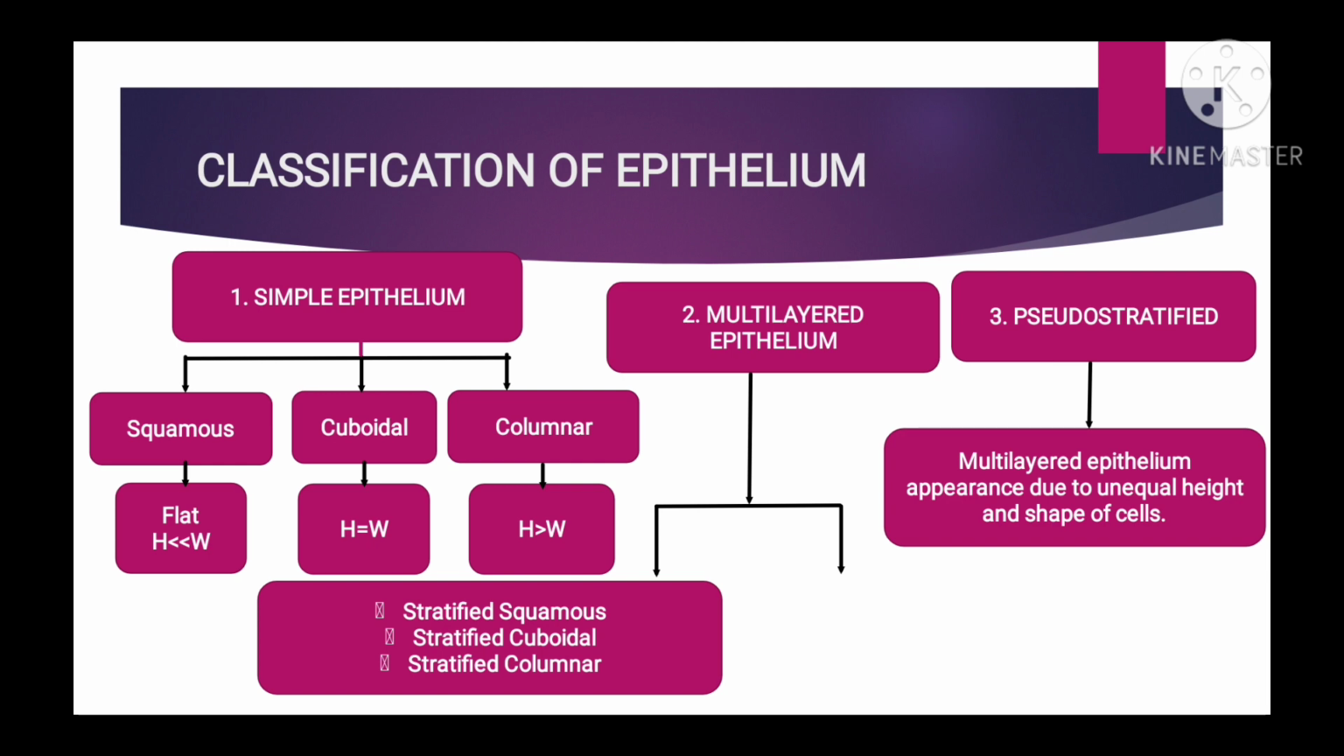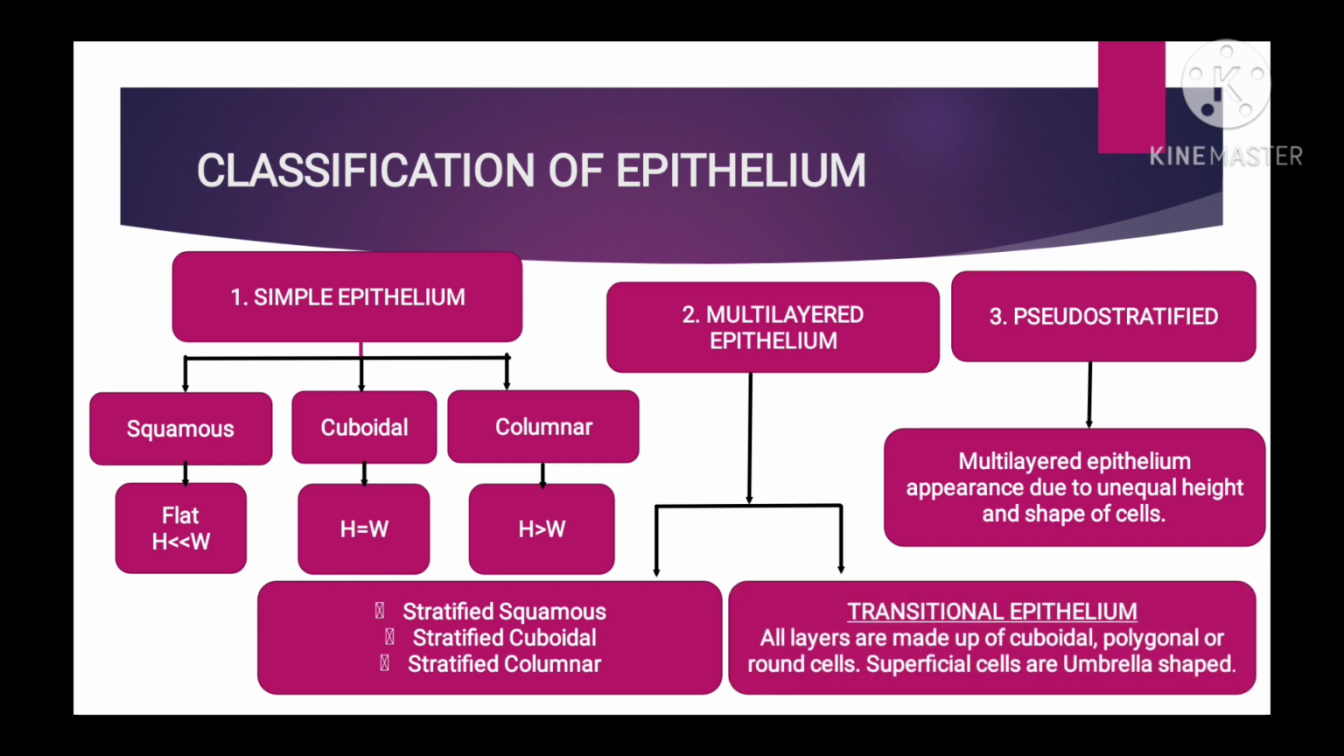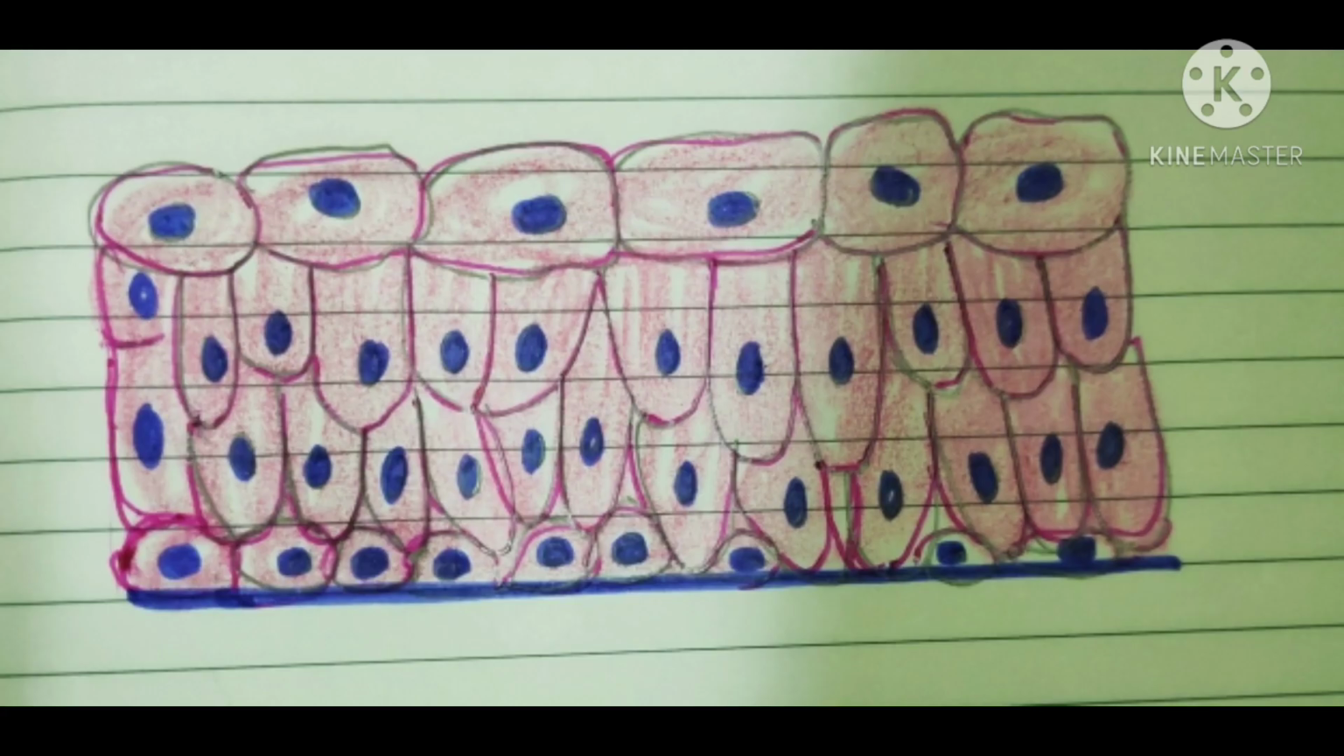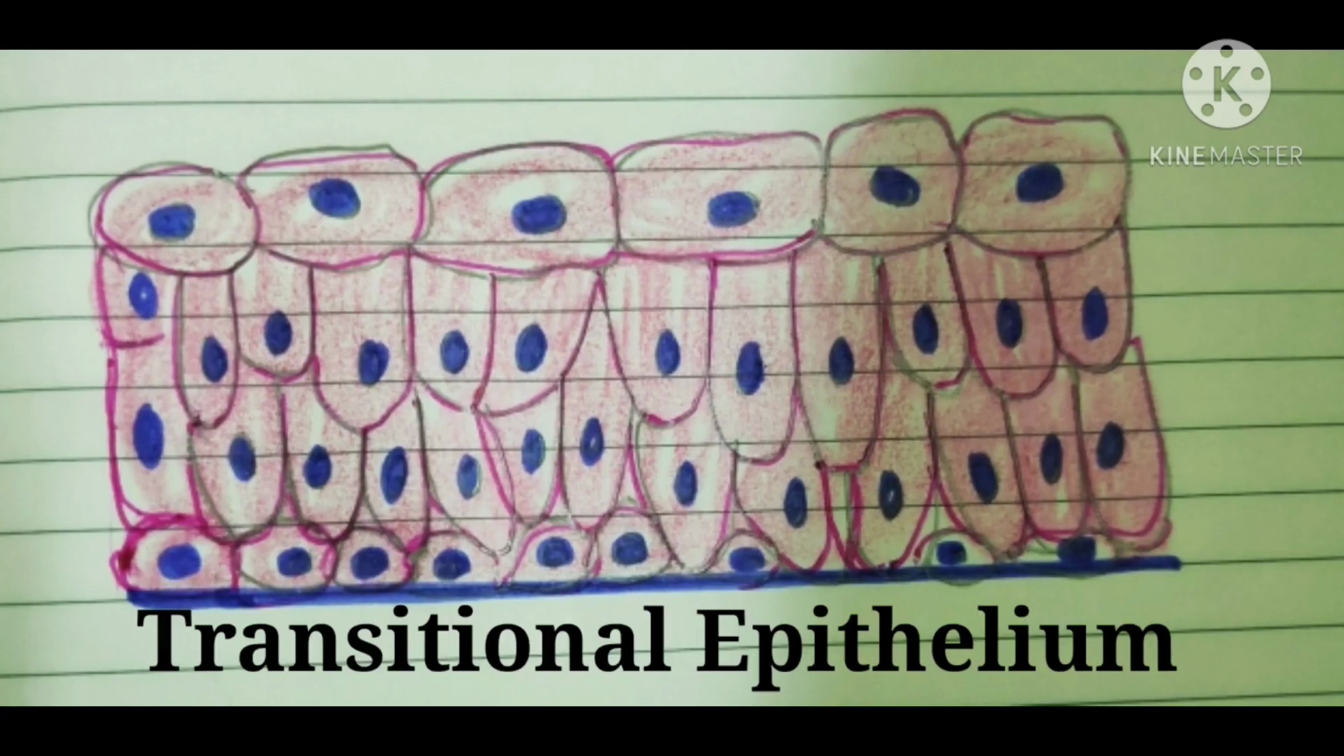The second type of multilayered epithelium is transitional epithelium. It is multilayered epithelium with 4 to 6 cell thickness. It differs from stratified squamous epithelium in that the cells at the surface are not squamous. This is the schematic representation of transitional epithelium, where we can see the deepest cells are columnar or cuboidal. The middle layer is made up of either polyhedral or pear-shaped cells, and the cells on the surface layer are large